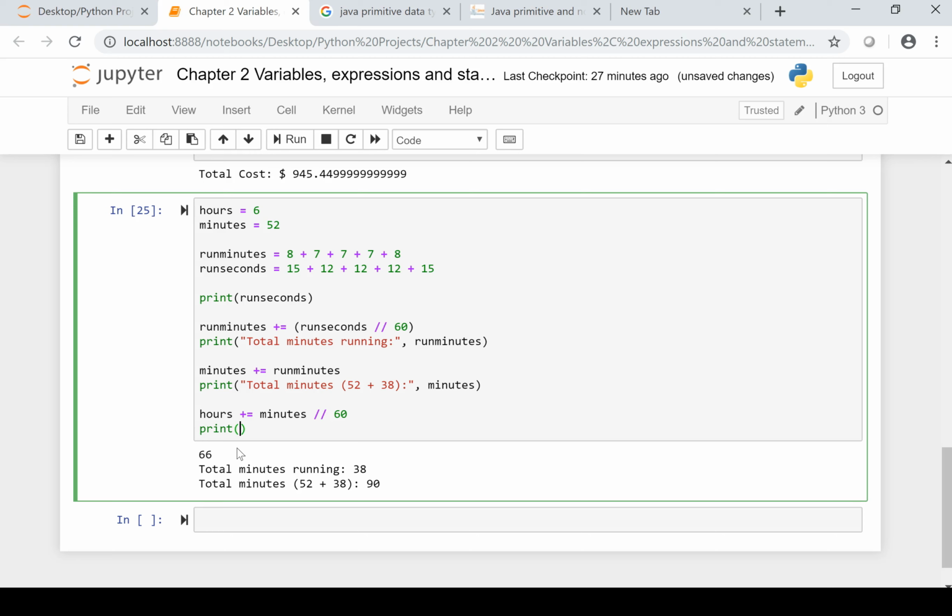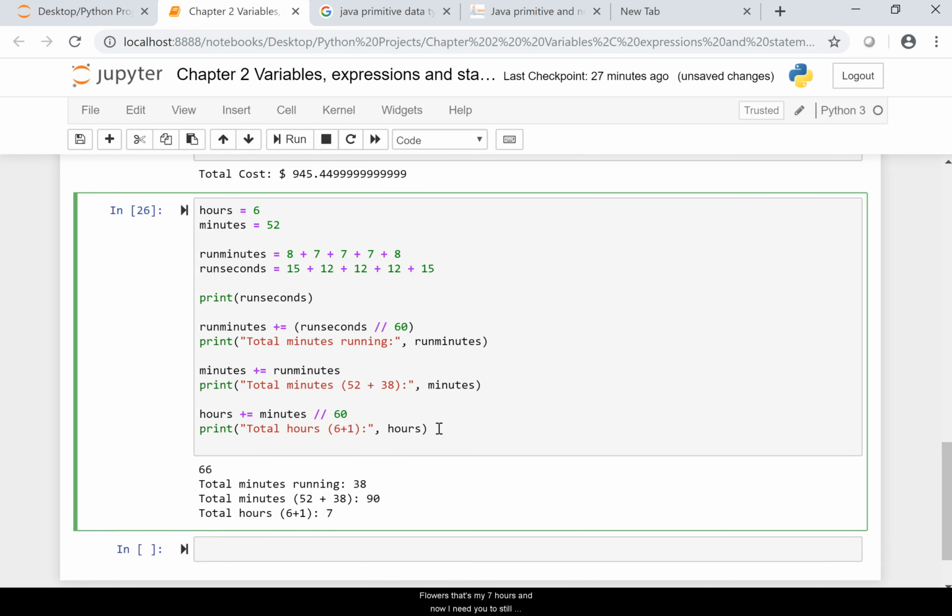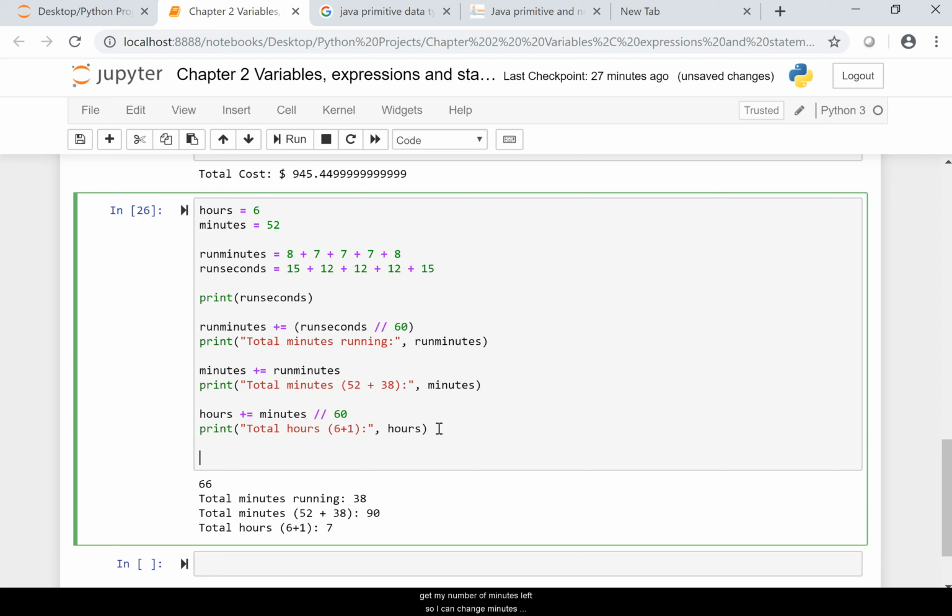So I got print total hours, and it should be 6 plus 1. And let's see here. Total hours, that's my 7 hours, and now I need to still get my number of minutes left. So I can change minutes is equal to my minutes. Where am I at here? Is it my run minutes? Let me see, total minutes equals minutes